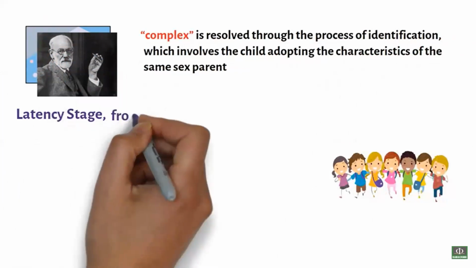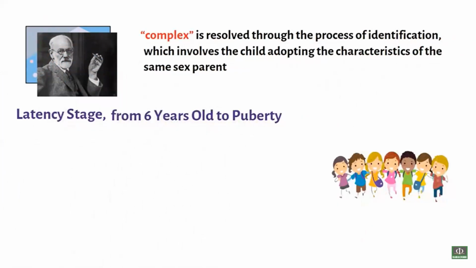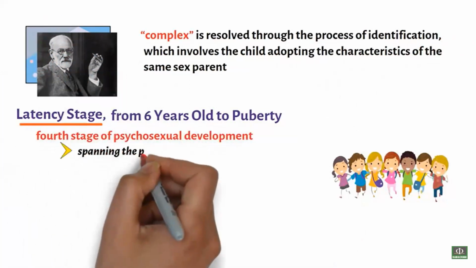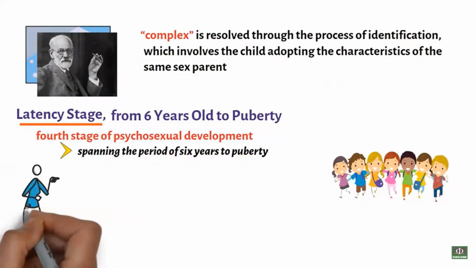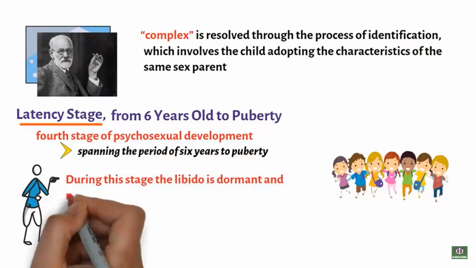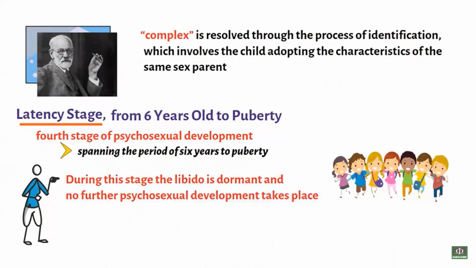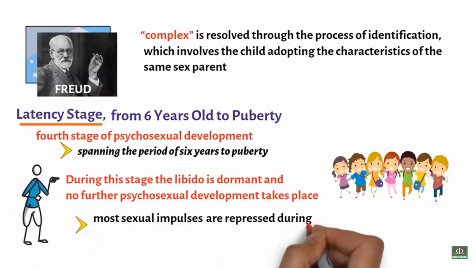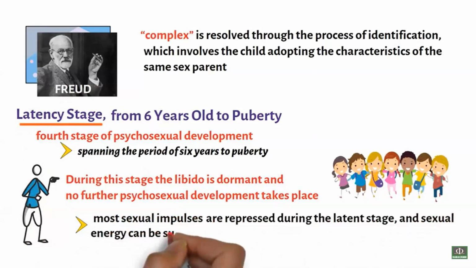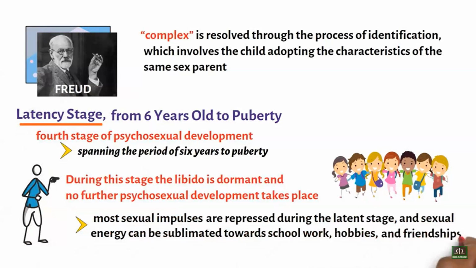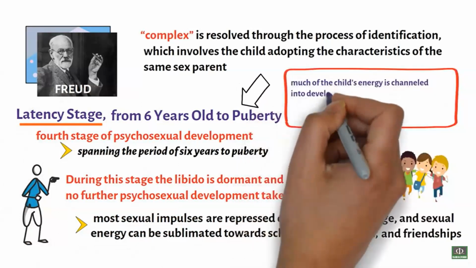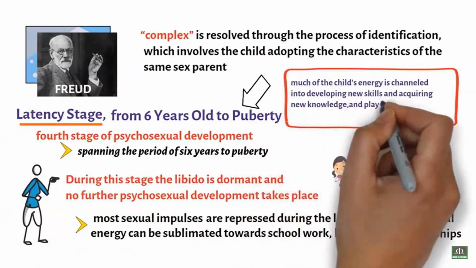Latency stage, from 6 years old to puberty. The latency stage is the fourth stage of psychosexual development, spanning the period of 6 years to puberty. During this stage, the libido is dormant and no further psychosexual development takes place. Freud thought that most sexual impulses are repressed during the latent stage, and sexual energy can be sublimated towards schoolwork, hobbies, and friendships. Freud also believes that in this stage, much of the child's energy is channeled into developing new skills and acquiring new knowledge, and play becomes